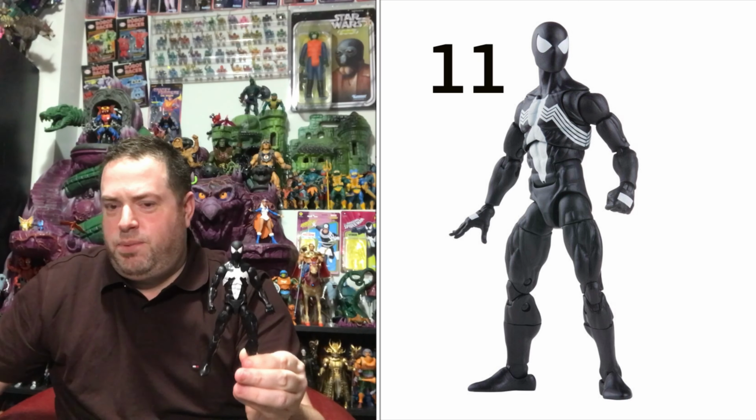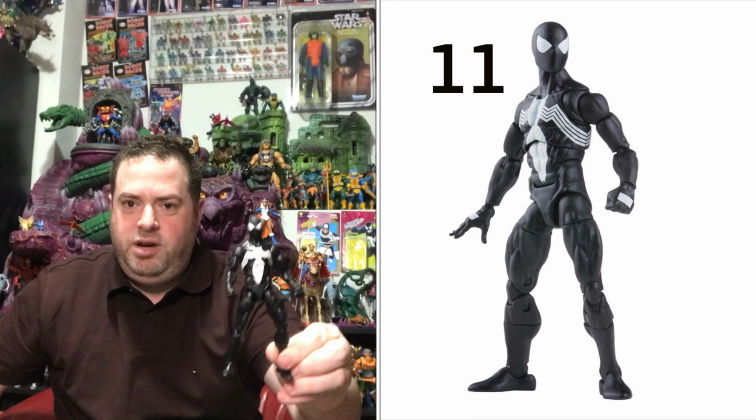The reason why it's kind of a surprise is because it's just another Spider-Man. It's simple. He doesn't have much in the way of accessories. You'd think you must have a dozen Spider-Man in your collection. I probably have multiple dozen Spider-Mans in my collection at this point. But like the red and blue Spider-Man I got in 2020,